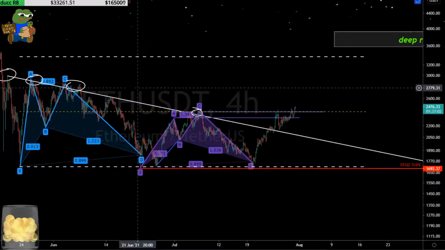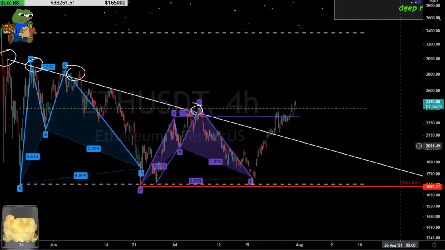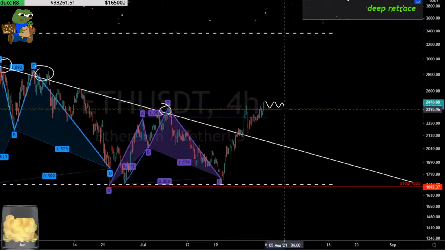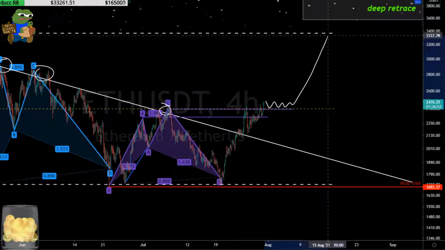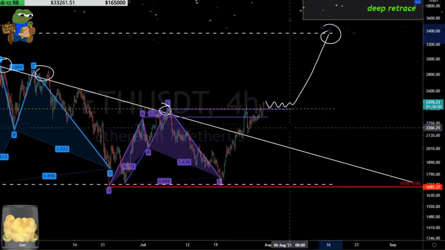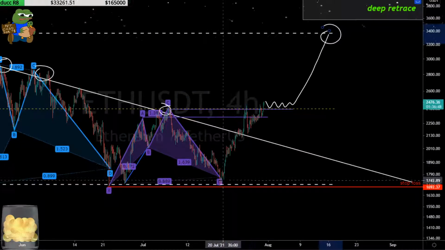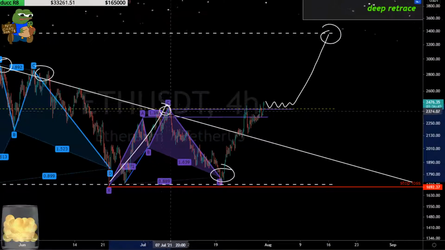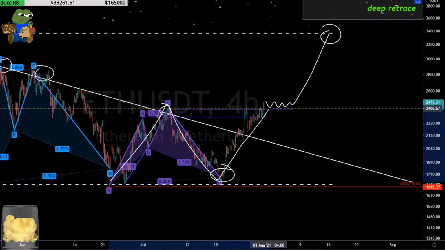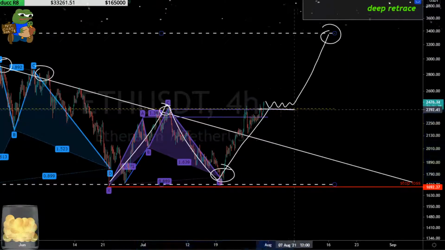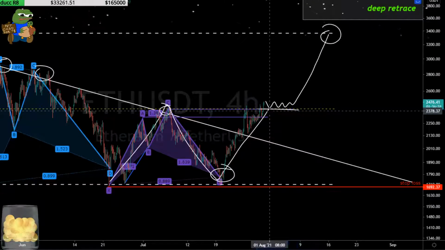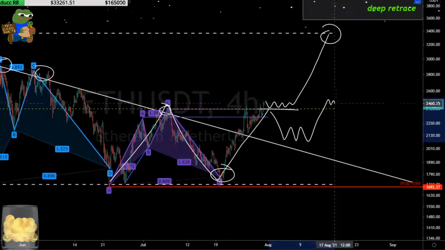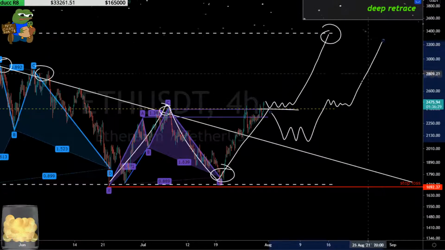So that being said, ETH needs to at some point flip this area and be able to run to the range high. If this was the low, we're basically going from low to midpoint. So we need this to flip. It may partially decline, and then flip on the next run up. Again, this is a possibility.